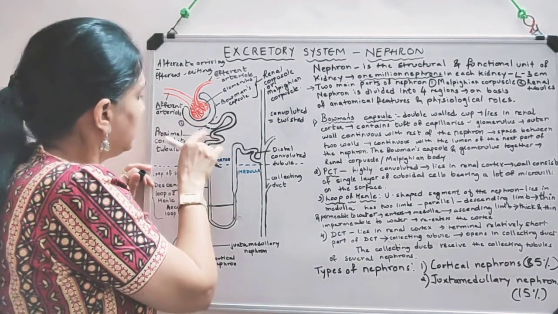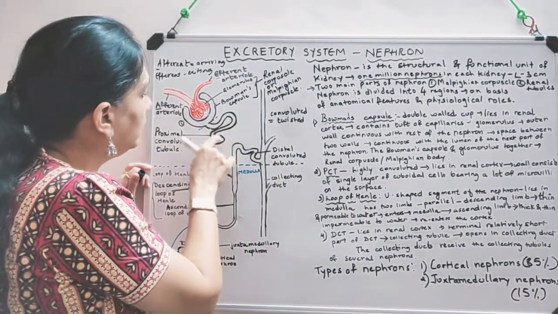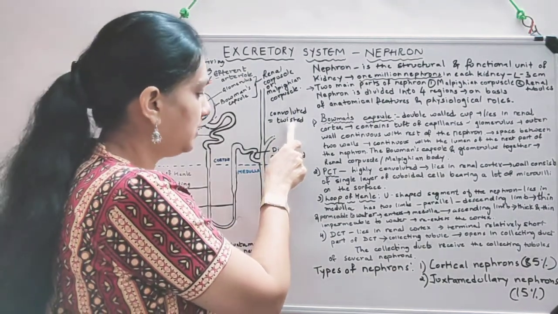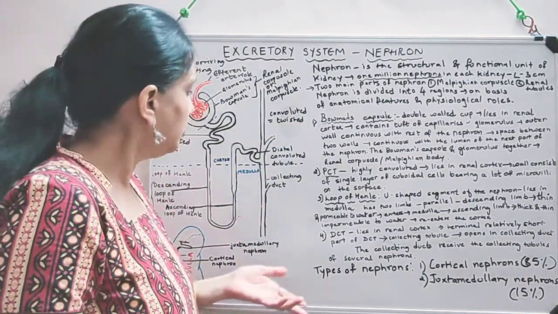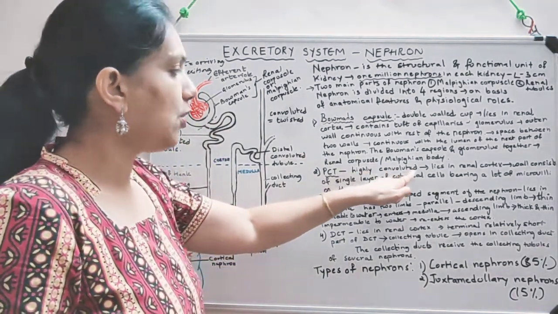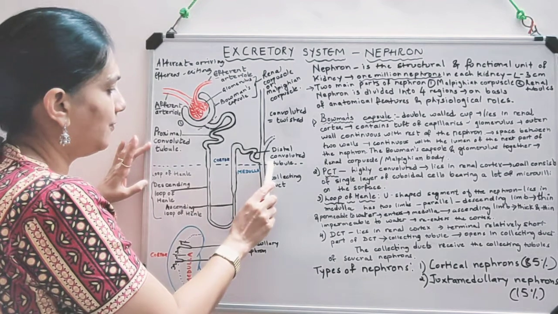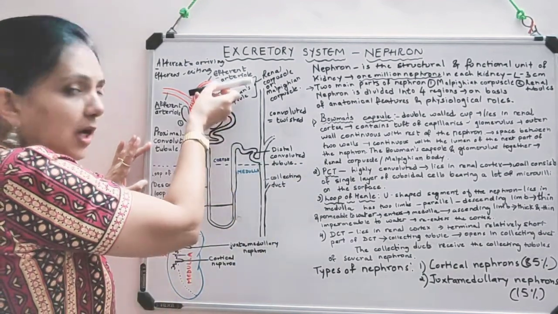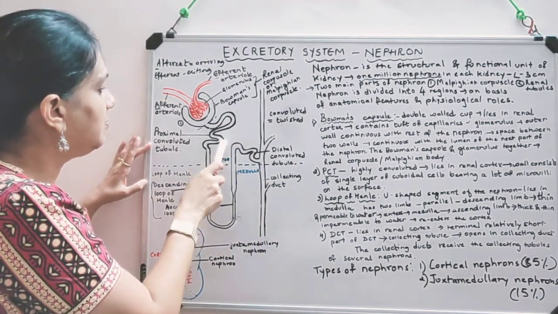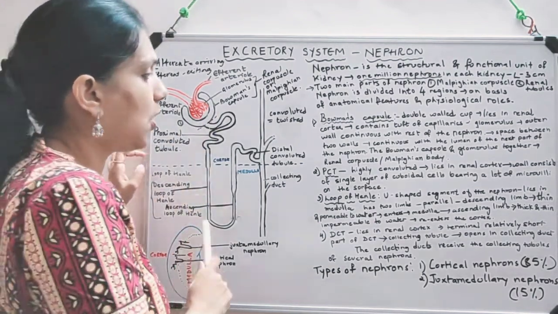This is the root now. So this is nearer, so proximal. This is away, so distal. And both these shapes, they are highly twisted. So it is convoluted means twisted, and this is tube-like, so tubule. So proximal convoluted tubule. This is highly convoluted, and as you can see, this blue line, this broken line, I am drawn with blue color. The portion above is cortex and below is the medulla. So you can see PCT and Bowman's capsule, they are in renal cortex.